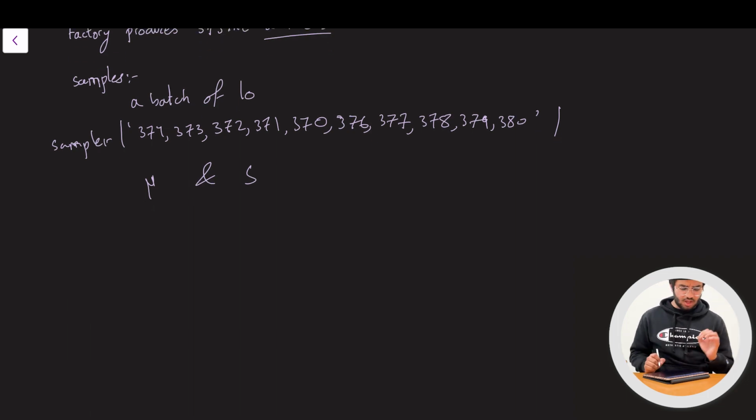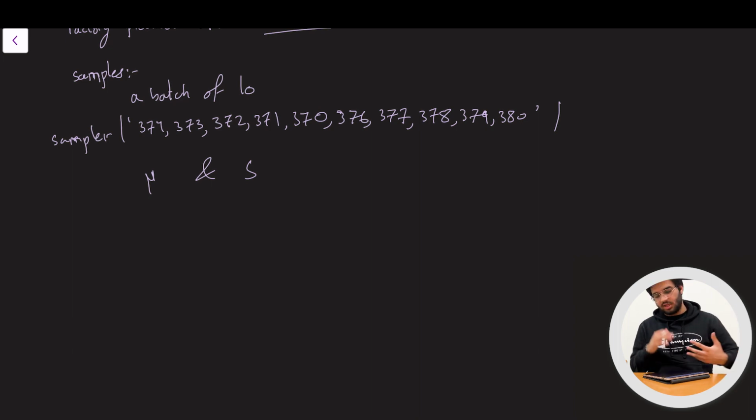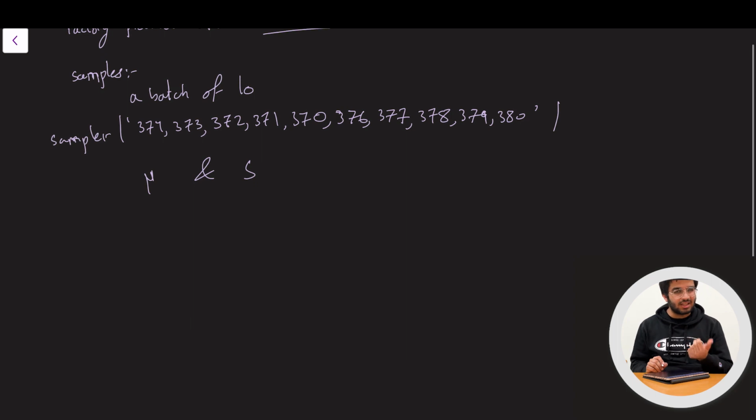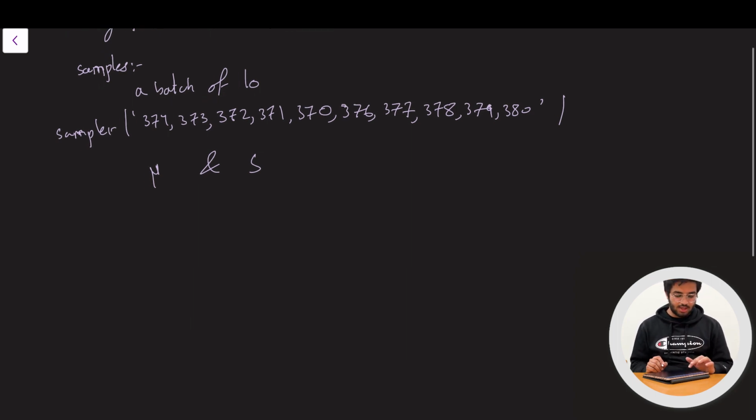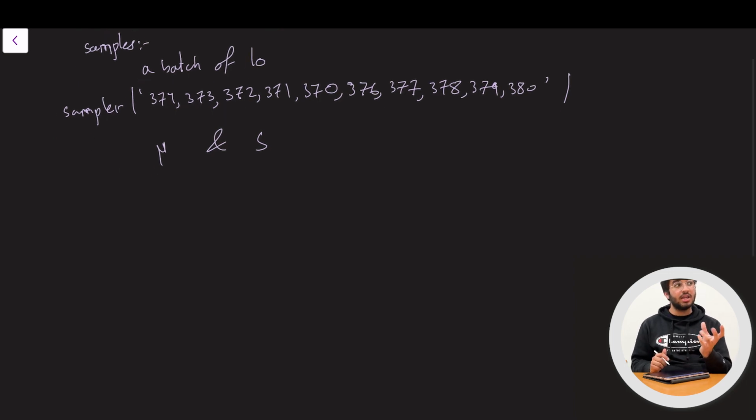Now, remember what I said before, that samples vary. So if you take another batch of 10, it would have a different set of values, so it would have a different mean and standard deviation, but it would have its own mean and its own sum. You do that multiple times with different samples, you get different results. And you find something very interesting, that the mean you get is distributed in a way. It's not completely random.